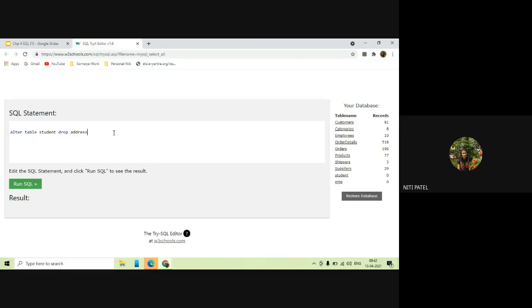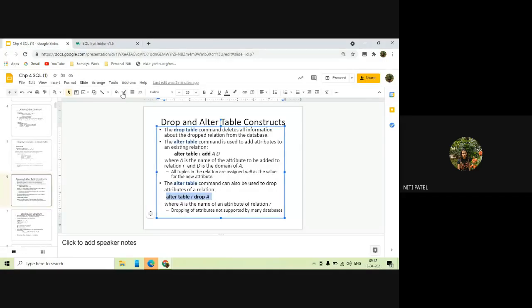We had address in student, right? Yes, ma'am. No. Okay, let us see this afterwards. Just remind me that this is left, okay? Yes, ma'am. Where is the text color? Okay, this is left.